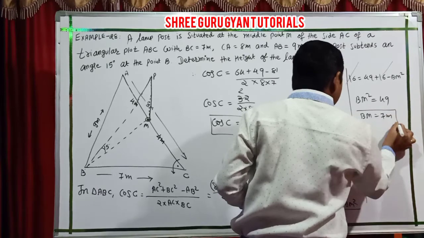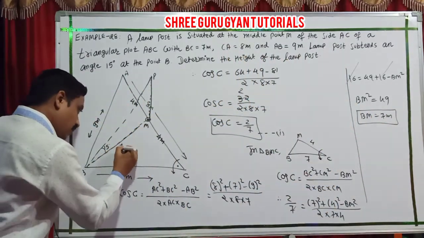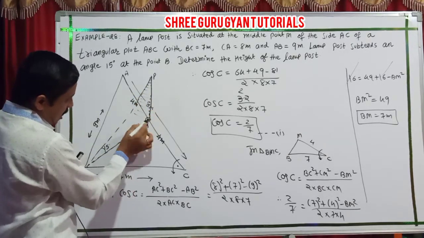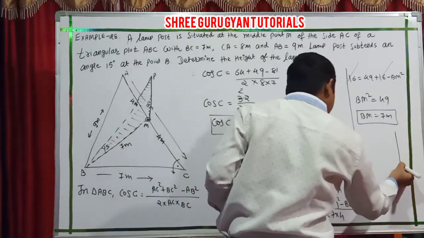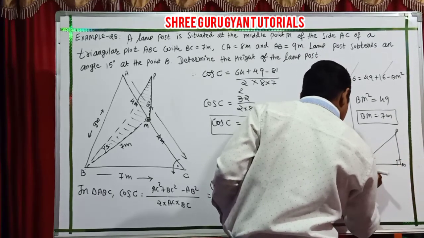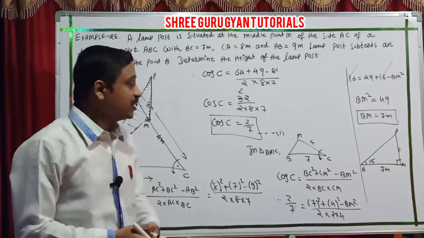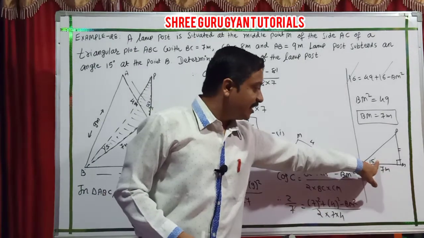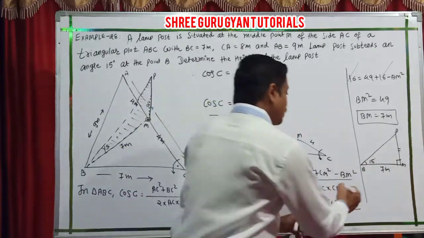What do you get for BM? 7 meter. It means students, you now have this value known, 7 meter. Now I explain the triangle PMB. This triangle is explained by the height of the lamppost PM, here 15 degrees at B. This BM is 7 meter and that's my target, the height of the lamppost. Now you utilize your tan standard property. Yes, which is the angle: opposite by adjacent, so tan function applies. So what you get, tan 15